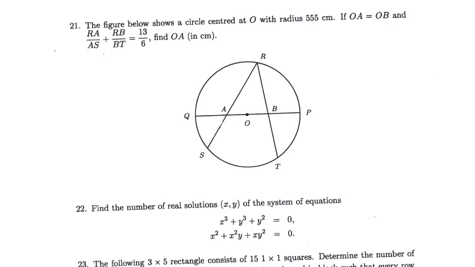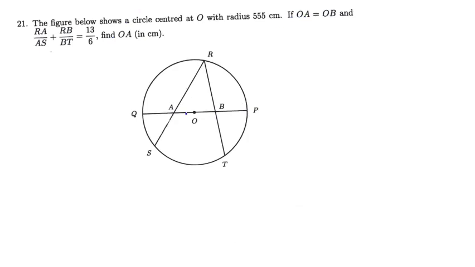SMO 2021 senior section, first round. Problem number 21. The figure below shows a circle centered at O with radius 555 centimeter. If OA equals OB and RA over AS plus RB over BT equals 13 over 6, find OA. Okay, because the problem says OA equals OB, you consider it is x,